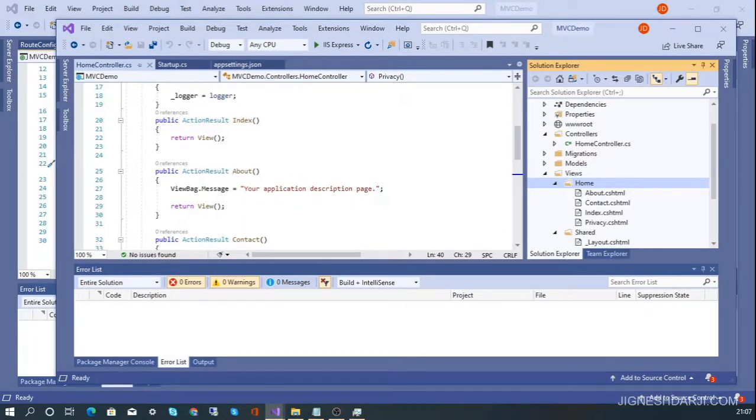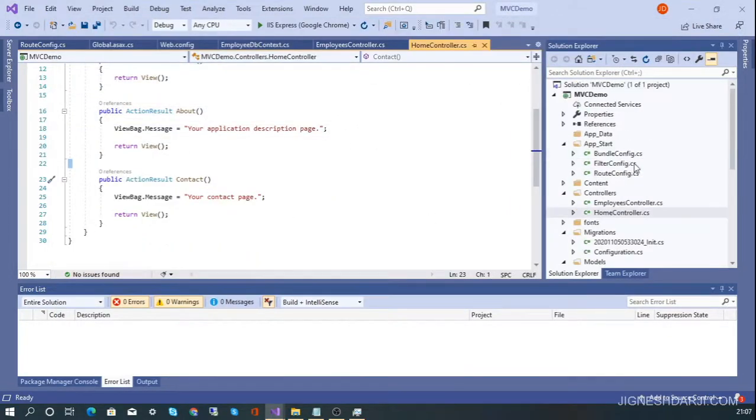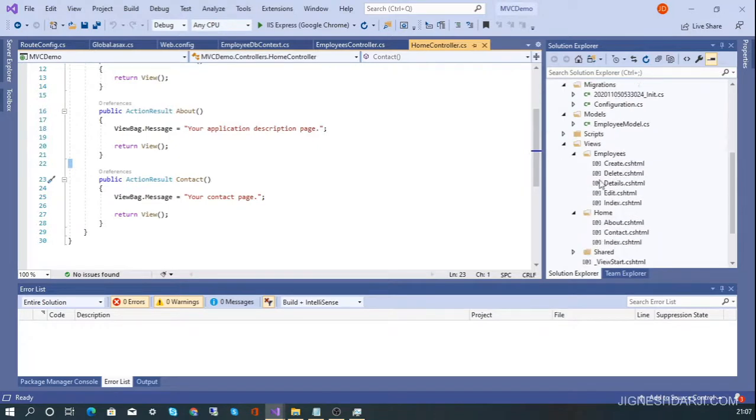The next thing is we have to migrate static content from the MVC project to a core MVC. So if you already have some static content in this particular MVC project, right now we don't have this one, but if you have some static content, you can always migrate that particular static content to